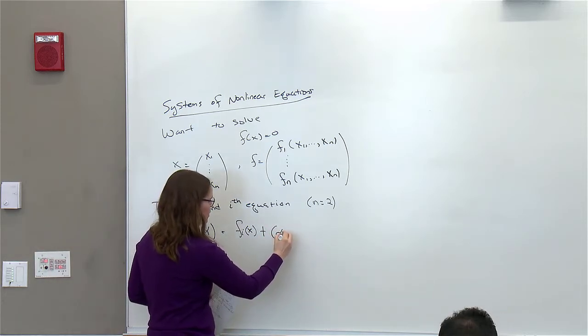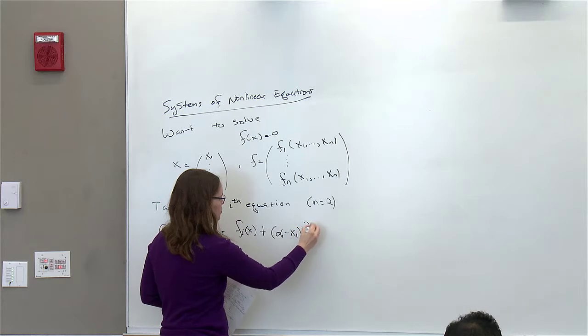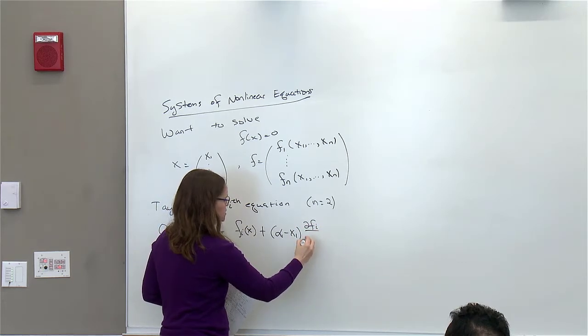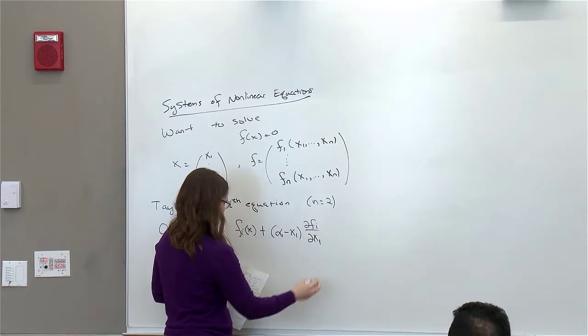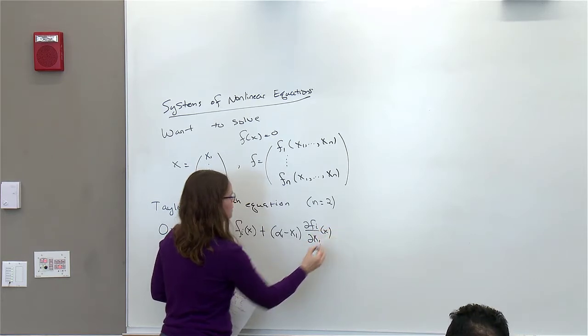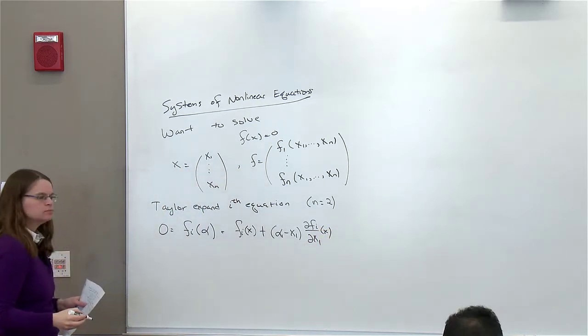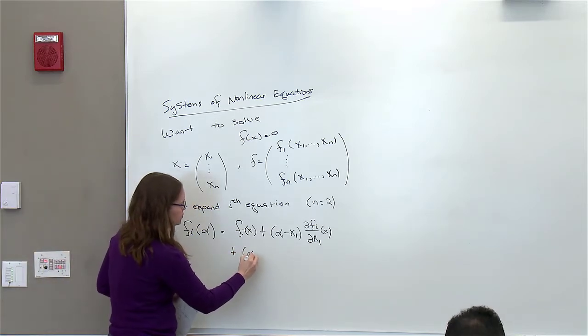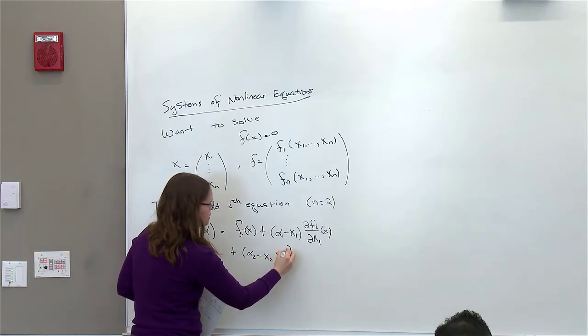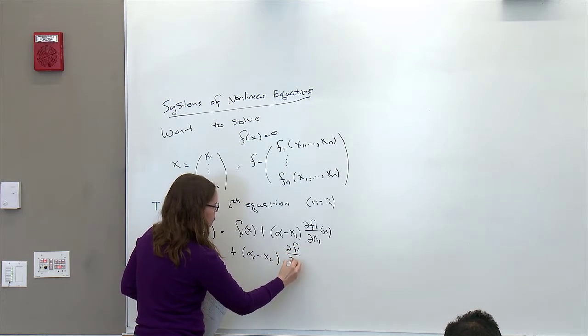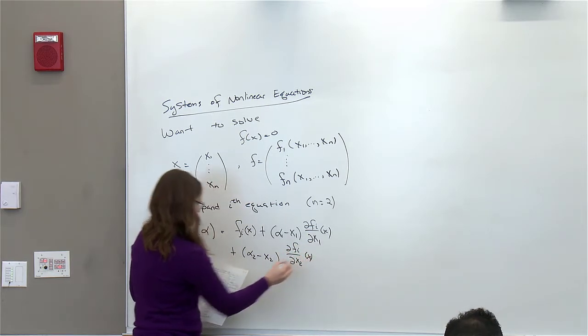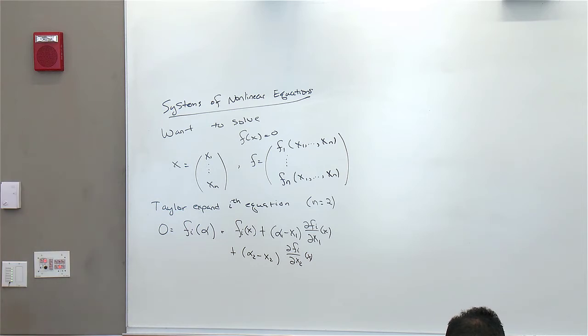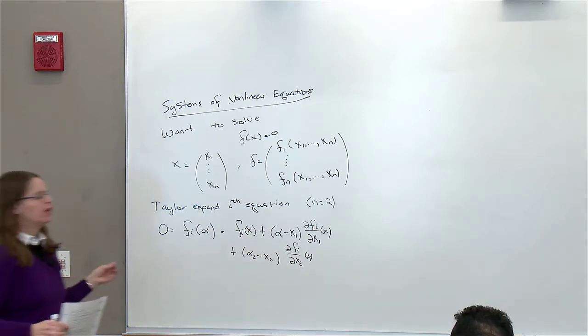So I'll get alpha 1 minus x1 times df by dx1 evaluated at x. I get alpha 2 minus x2 times the derivative with respect to x2. So this is the linearization, the first order Taylor expansion, and then we'll have error,